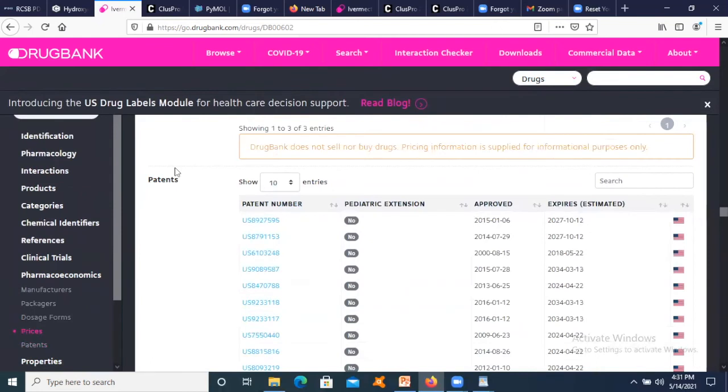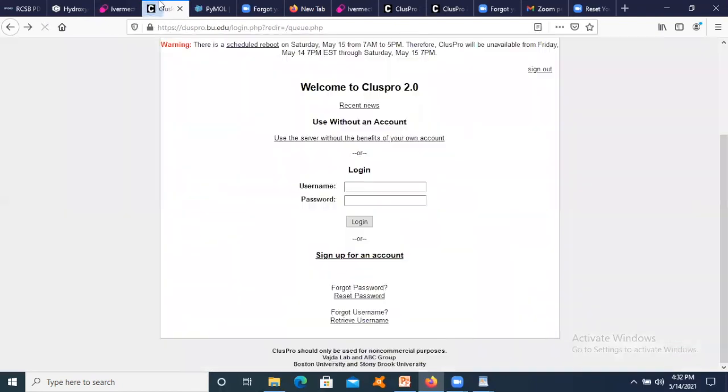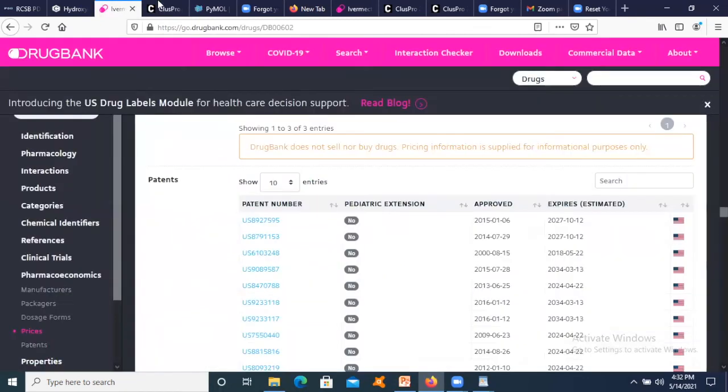Now the next thing is, once you have got the protein, you have downloaded and prepared the ligand, then you can go for protein-ligand docking using the PyRx software, which I will not show here, but videos have already been shared with you. Further, the next thing that we will do is ClusPro.